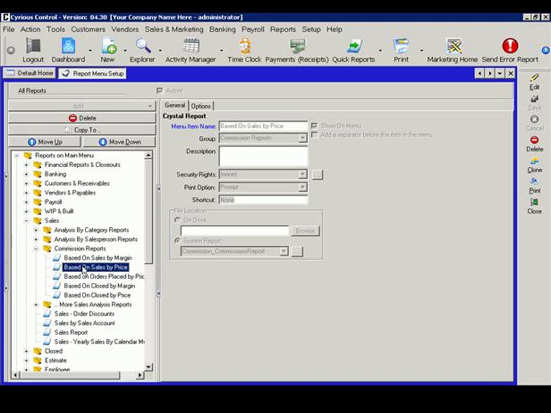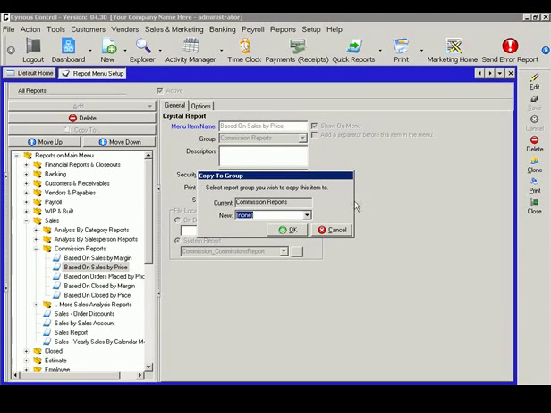Let's select based on sales by price, and click on copy to. So we want to copy this report and place it in the daily close out reports. So I'm going to go ahead and click OK on that,